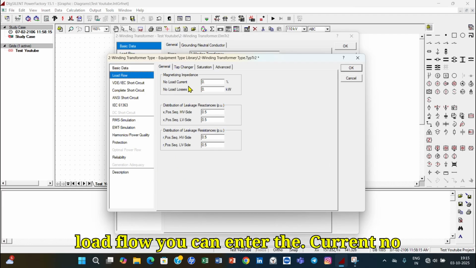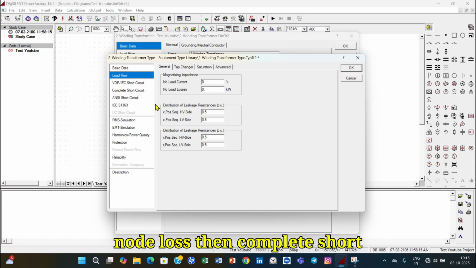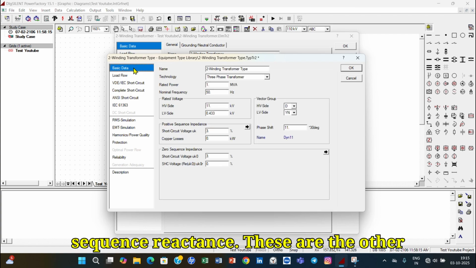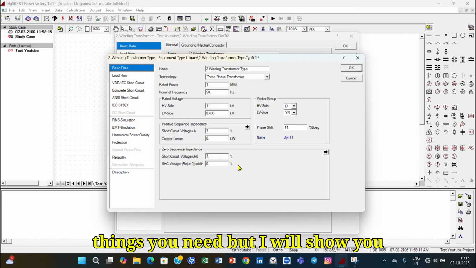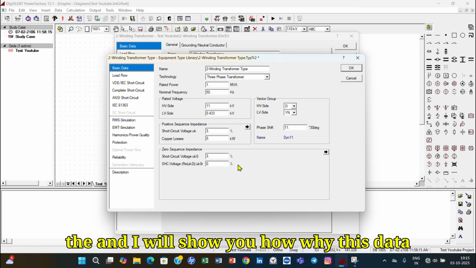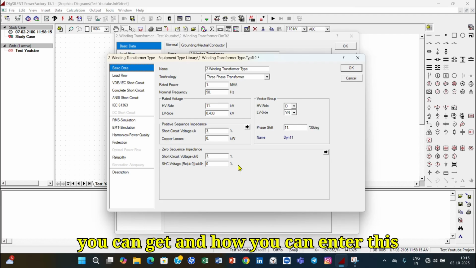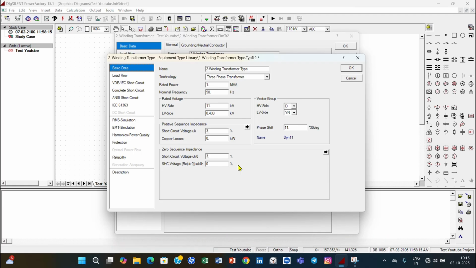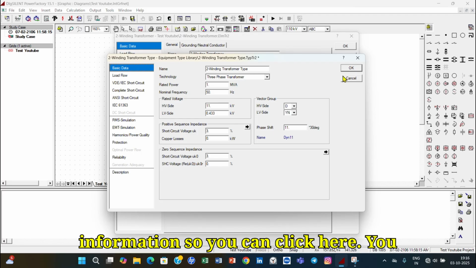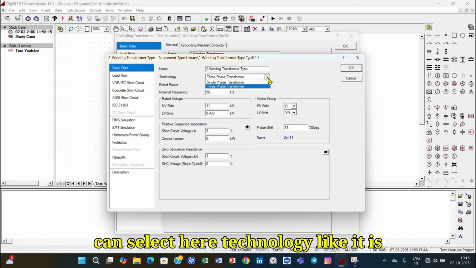You can enter here the no load current, no load loss, then complete short circuit. You can enter positive sequence impedance, positive and negative sequence reactance. These are the other things you need, but I will show you one of the projects I have done in DigSilent, and I will show you where you can get this data and how you can enter this data. For this time you need this basic information,